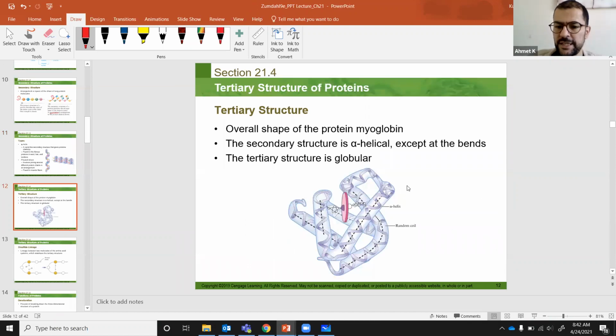You are seeing it, right? As you can see now, this is my alpha helix. This is the secondary structure, but again, this is a very, very large molecule, okay? And so it's folded in a very specific way, okay? And whenever it folds, then we're going to have a tertiary structure. And this is the tertiary structure of one of the proteins here, myoglobin. And as you can imagine, it has to fold in this way so that